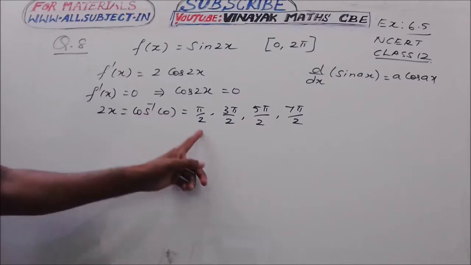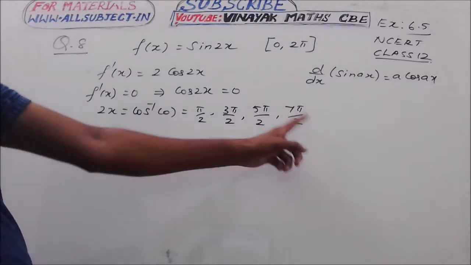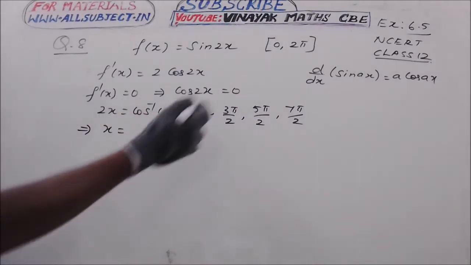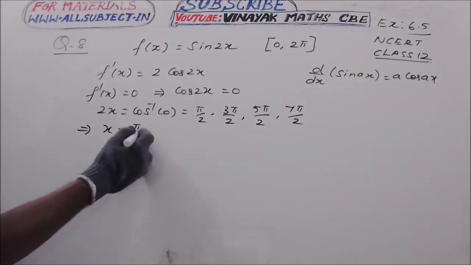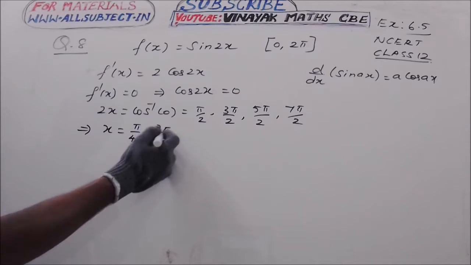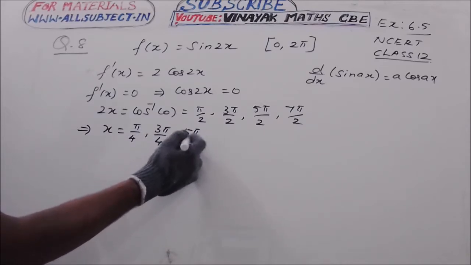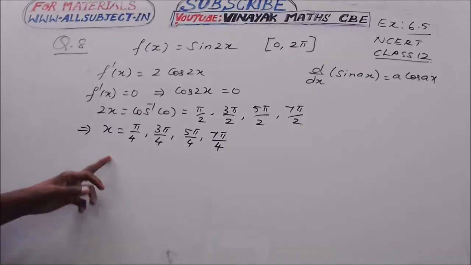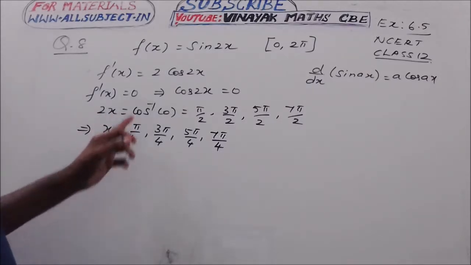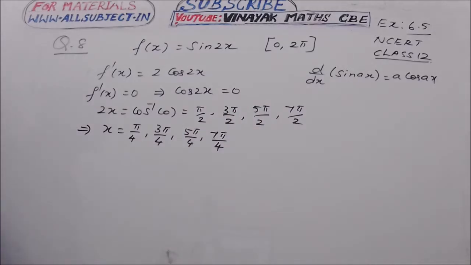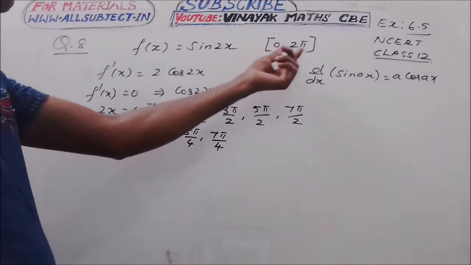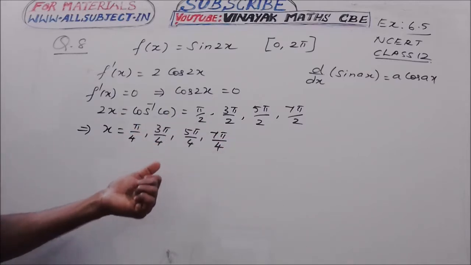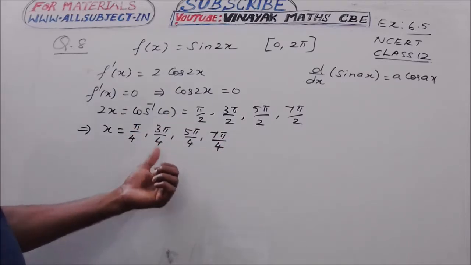So 2x is equal to pi by 2, 3 pi by 2, 5 pi by 2, 7 pi by 2, which implies, dividing all the values by 2, x is equal to pi by 4, 3 pi by 4, 5 pi by 4, 7 pi by 4. These are the values of x when cos 2x becomes 0. All of these belong to the interval 0 to 2 pi. Therefore the critical points are...